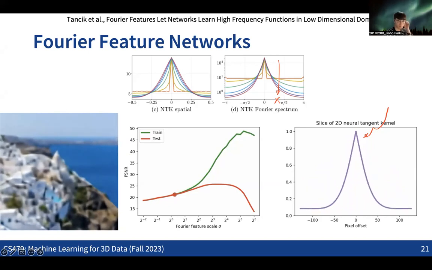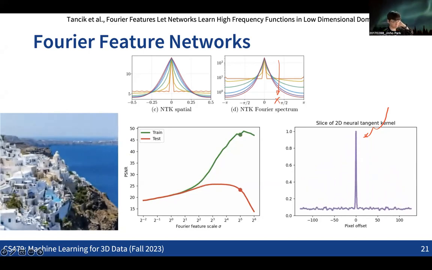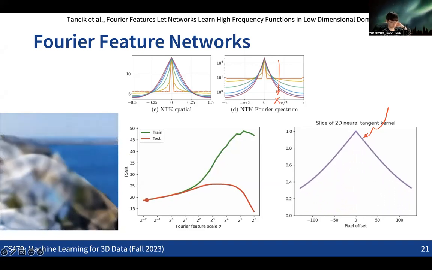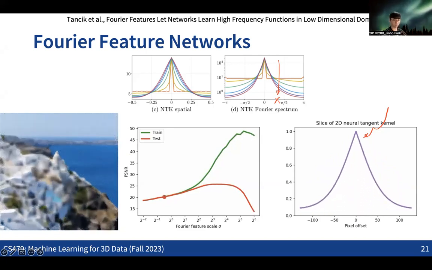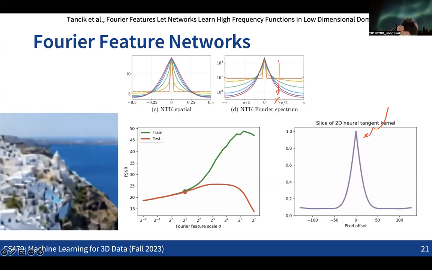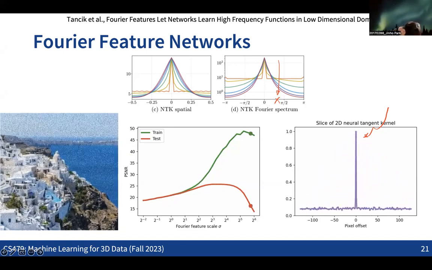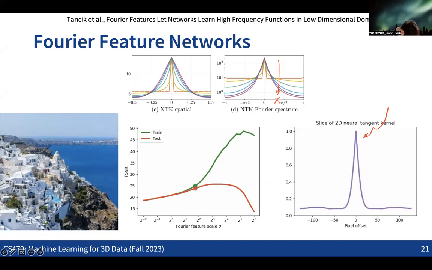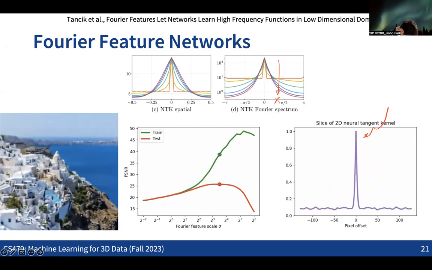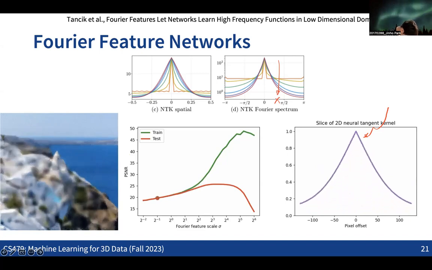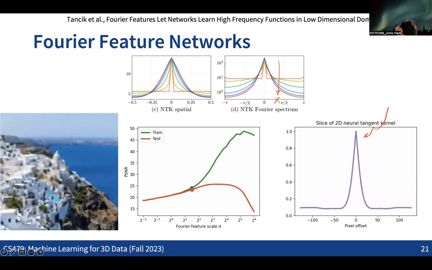So that's really a thing. Depending on which function you want to learn, especially in cases where you want better results with interpolation, which means the function you want to learn might be a smooth function, then for those cases you need to decrease the weight for the high frequency cosine and sine functions. If you know that the function you want to learn is a very high frequency function, then you need to increase the weight for the high frequency cosine and sine functions. Does it make sense?